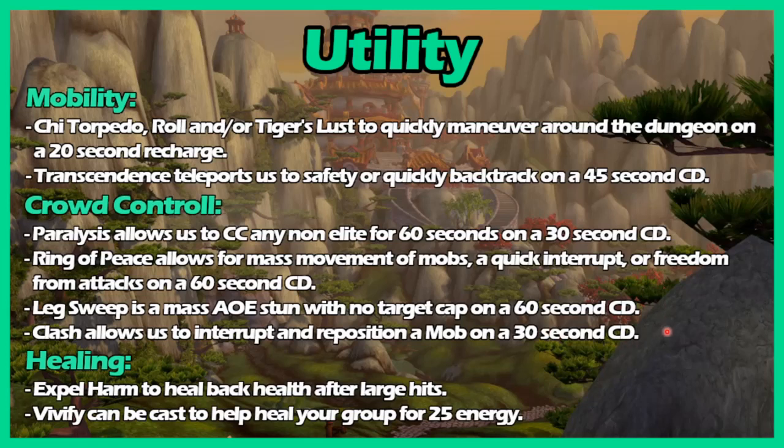So Clash is kind of like a better version of a Warrior's Charge. Don't hate me, Warriors. But basically, any mob that's out there that's, again, not an elite that can't be CC'd, if it's 8 to 30 yards away from you, kind of like an old Hunter, you can basically go from where you're at and where they're at and meet in the middle. Okay? So let's say they're 30 yards away from you. You can Clash them